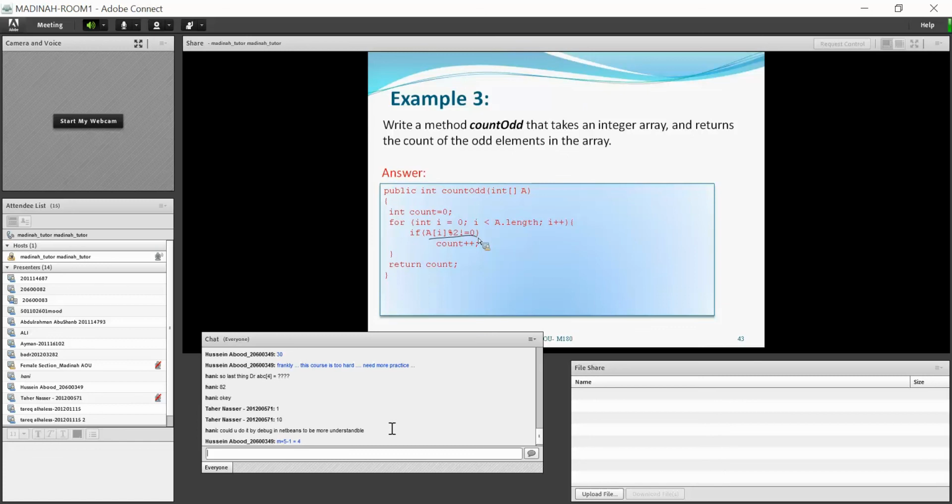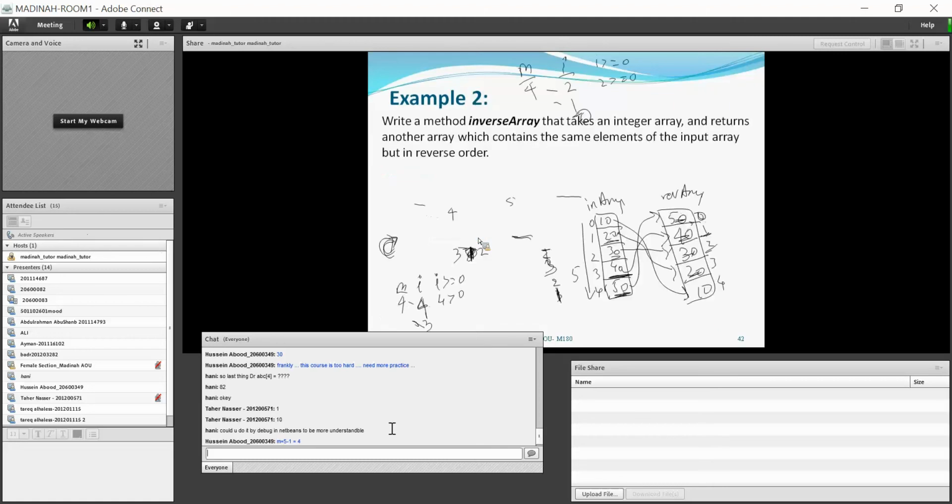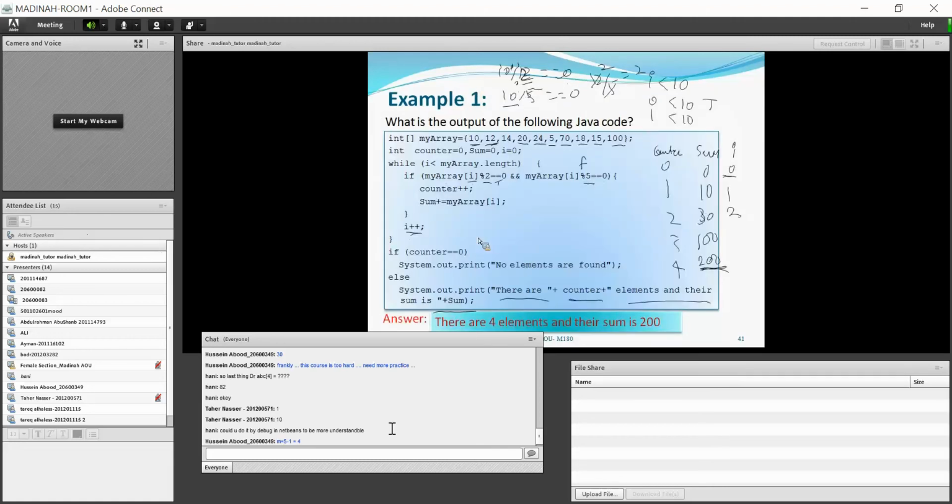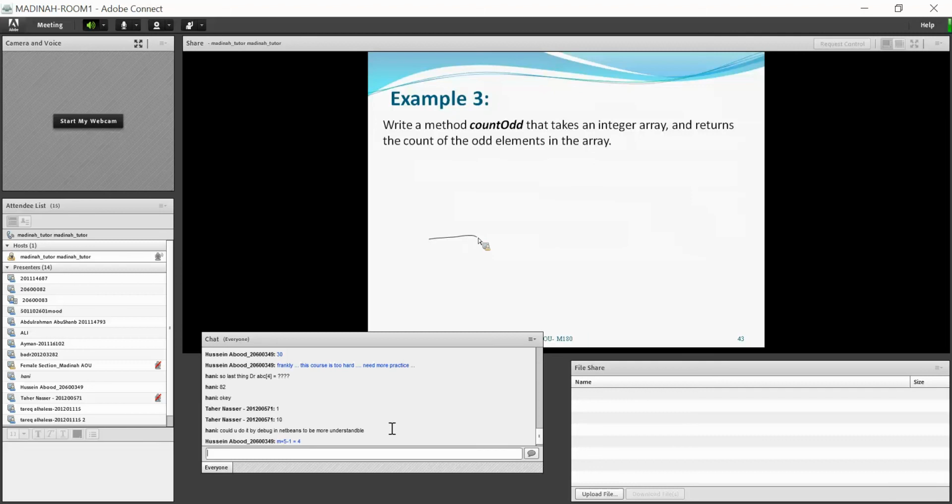Okay, so this is all you have regarding the arrays. With these 3 examples, we're done with one-dimensional arrays. The next thing we have is two-dimensional arrays.